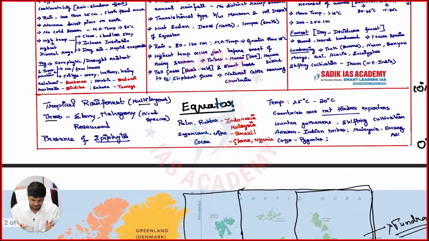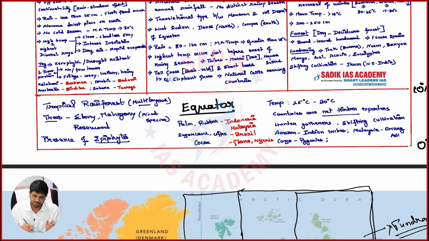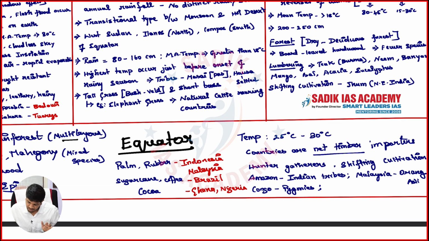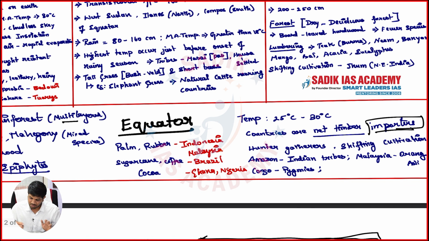There are species like ebony, mahogany, rosewood, and there is a presence of epiphytes. If you see the temperature, it is 25 degrees Celsius to 30 degrees Celsius; its mean average temperature is 25 to 30 degrees. The countries are net timber importers, friends, importers, and their economic activity is